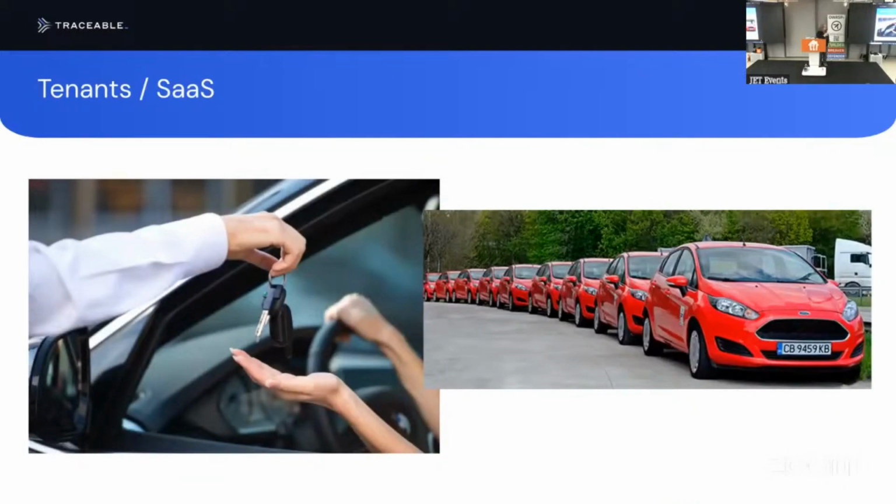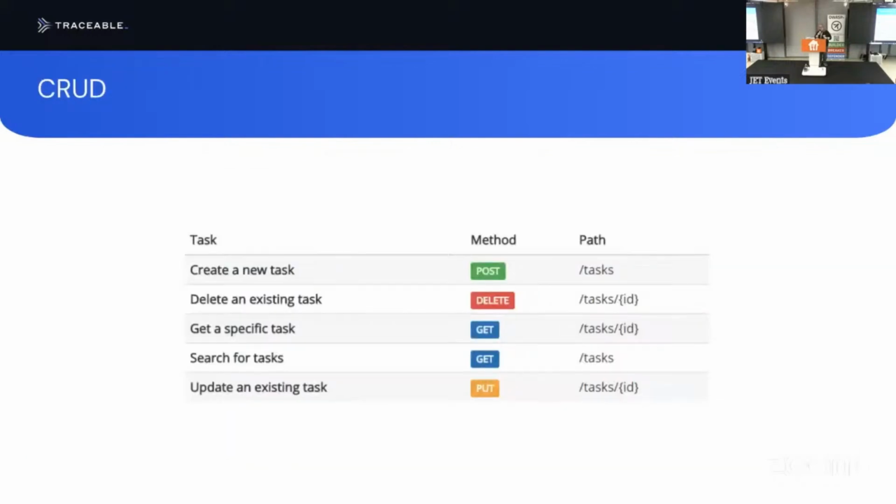And it gets worse because then you also have rent-a-car operations. Now, in rent-a-car operations, you actually do want to open somebody else's car because they only own it for so long. And that's when you start to have tenancy and SaaS applications. And then your simple CRUD of create a new task, delete a task, then becomes, well, are you in the right organization? Do you have the right permission levels? And that is fundamentally what I am hacking.